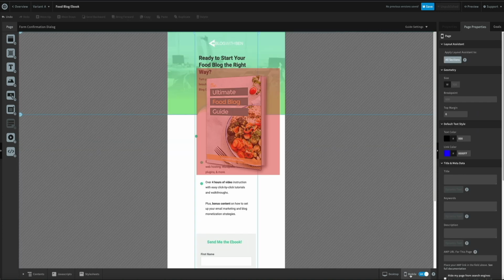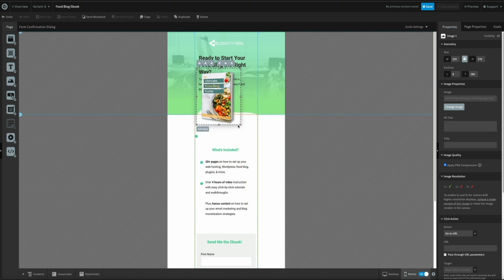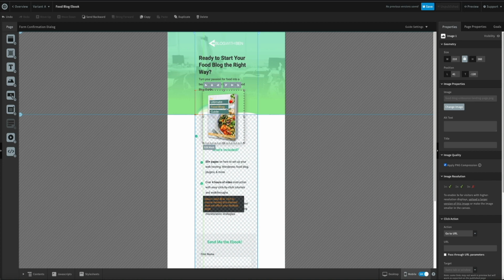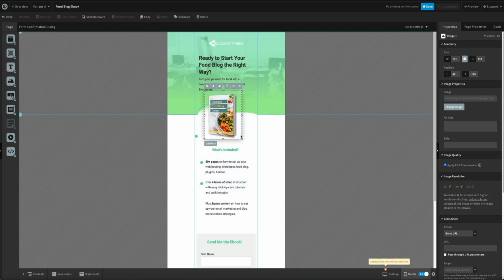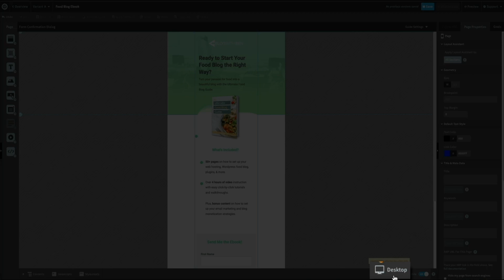And looks like I'll need to adjust the size and location of this image. So again, you can drag and drop the corners of the image, allowing you to properly resize it. Then I'll move it a bit. And there we go. Then I want to show you something that you'll need to be mindful of when moving certain elements on your page. If we go back to the desktop view,